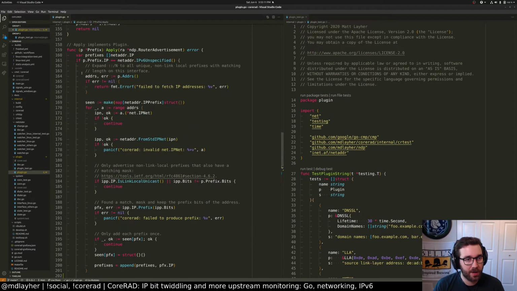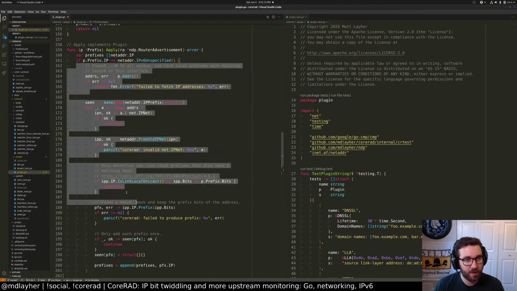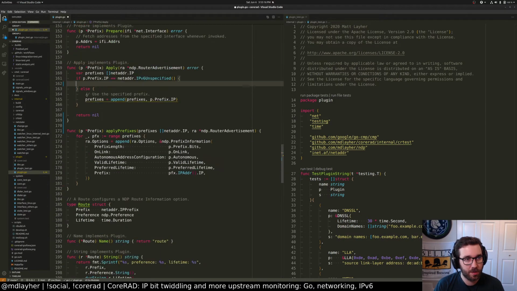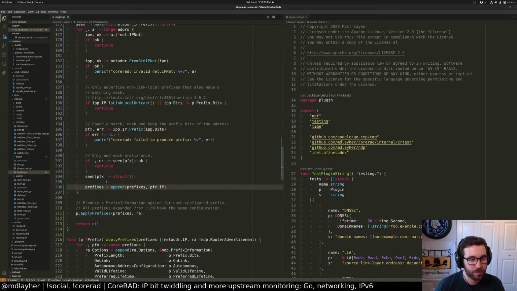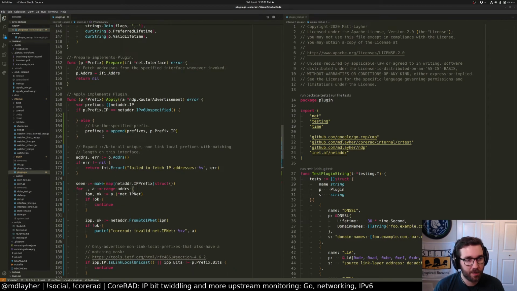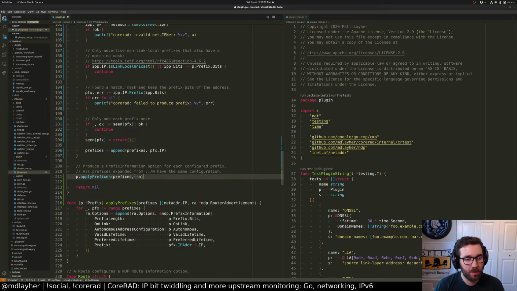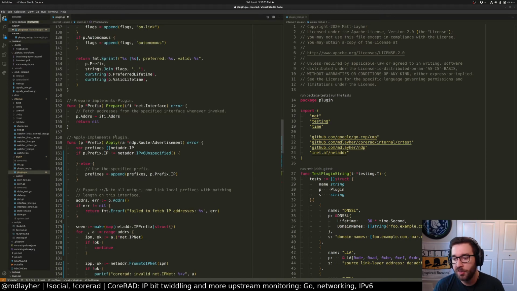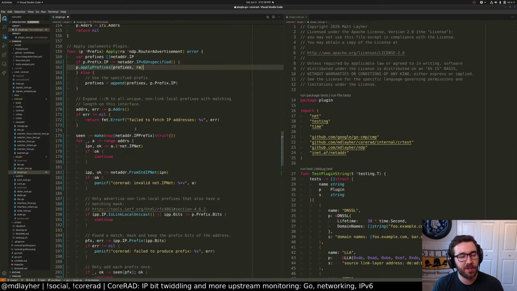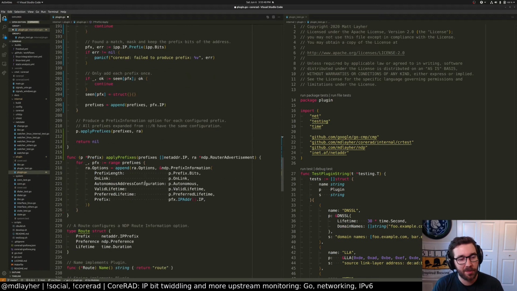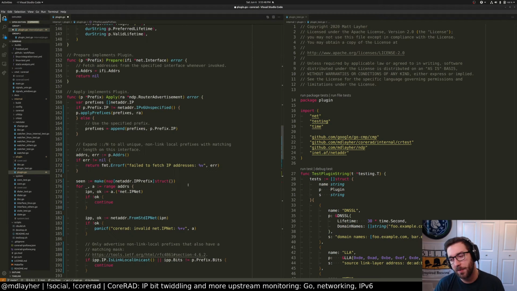So now we can go ahead and refactor this a bit. So we'll pull all of this out. And then for the opposite case, so if it is not unspecified, that means you specified a concrete prefix, you want that exact prefix applied. Do you pre-allocate options? I think in this particular case, I do not, because I don't necessarily know how many will be applied, but I guess I would, wouldn't I? Because in this case, we could allocate the number of prefixes as the input. So yeah, we could do that. That's a good idea, probably.